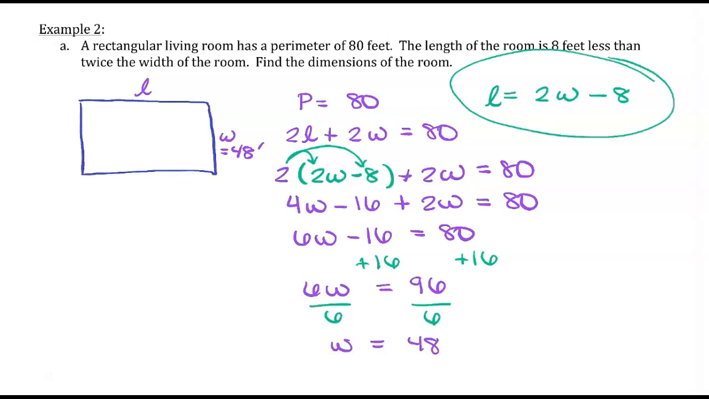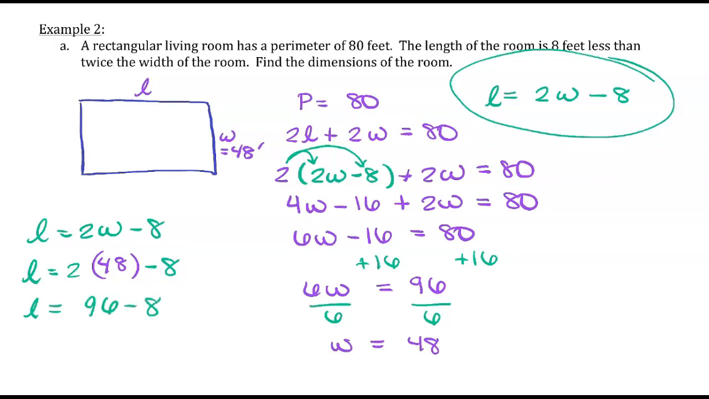Remember, we have that the length is equal to 2 times the width minus 8. We know that the width is 48, so we can substitute that in and solve for L. This gives us that the length is equal to 96 minus 8, or 88. That is, the width is 48 feet and the length is 88 feet. We've solved the problem. I will leave part B of example 2 for you, and I'll move on to example